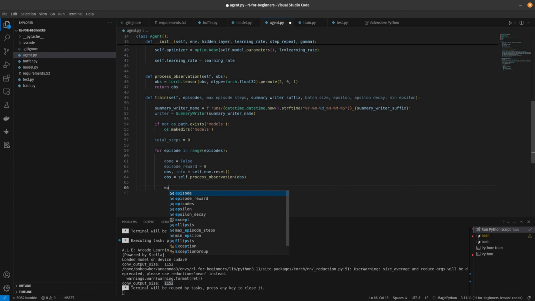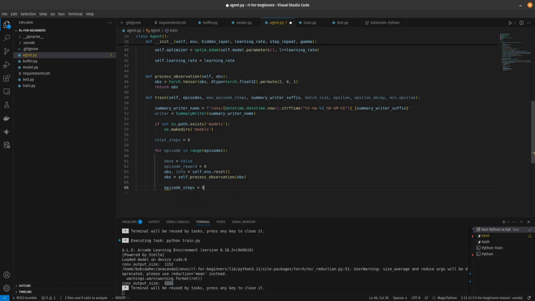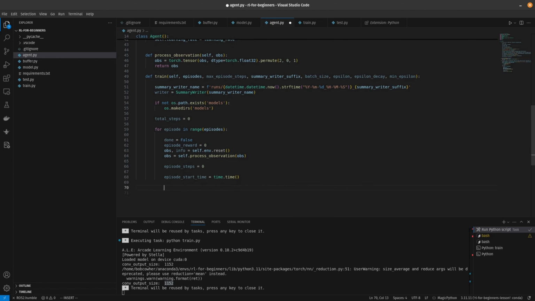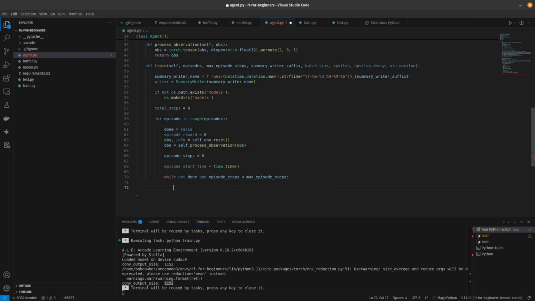Okay. Episode steps, we're going to start out at 0. And then episode start time, we're going to say time.time. We're just going to go ahead and capture our start time. All right. Finally, we are going to start the actual run. While not done and episode steps is less than max episode steps, we're going to start off by selecting an